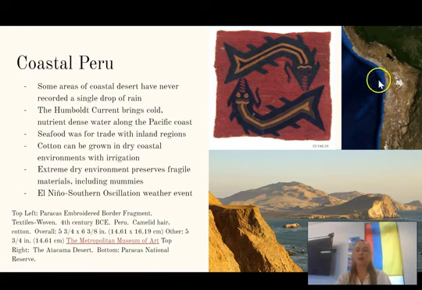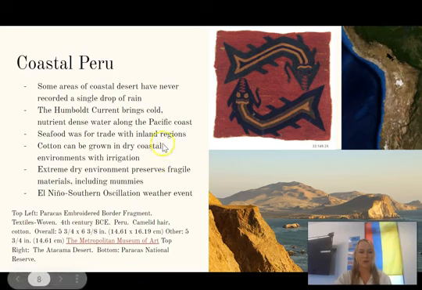Also along the coastline, people are going to be trading for things like spondylus shells and other types of non-food materials that can be harvested from the ocean. So seafood and shells, conch shells, spondylus shells, were things that folks along the coast could trade with people in the highlands. They could also grow cotton there. So textile weaving is a huge part of Andean culture.